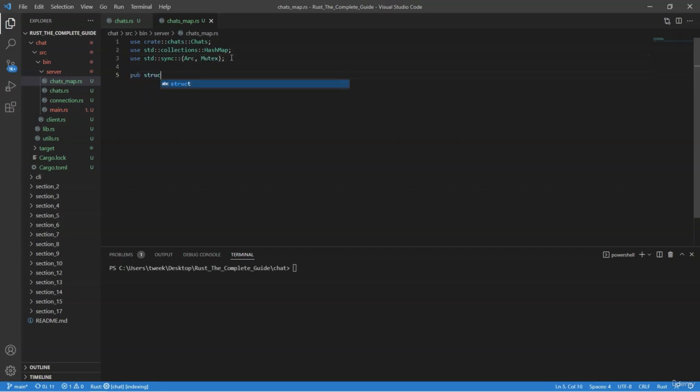And now we can create our ChatTracker struct, which is going to be a Mutex on a HashMap that has an Arc<String> and an Arc<Chat>. And our ChatTracker is obviously a mutex-protected hash map that is going to map chat names to the actual chats. So now we can start implementing a few methods on our ChatTracker,